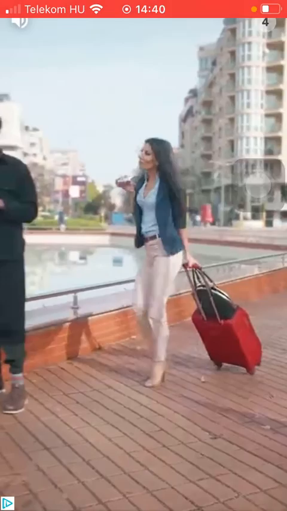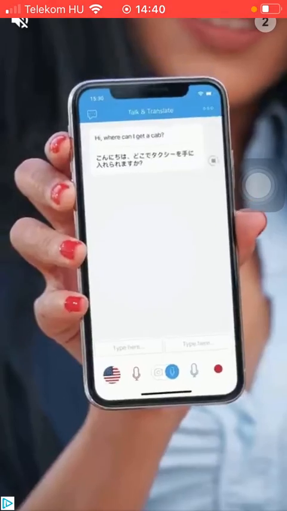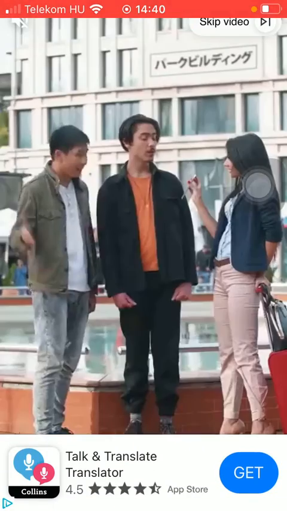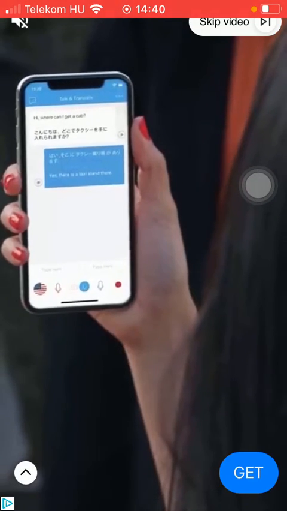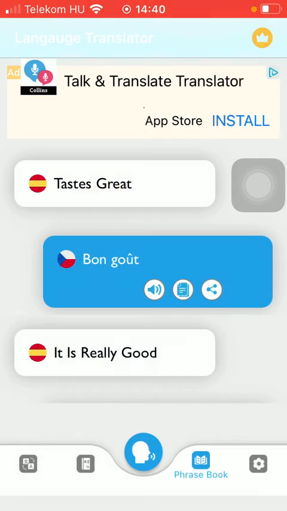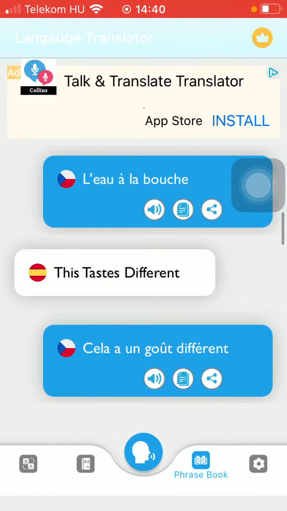First, you need to watch this ad. Now you should skip the video by tapping on the skip video icon in the upper right corner of the screen and click on the X icon. Here you are going to find